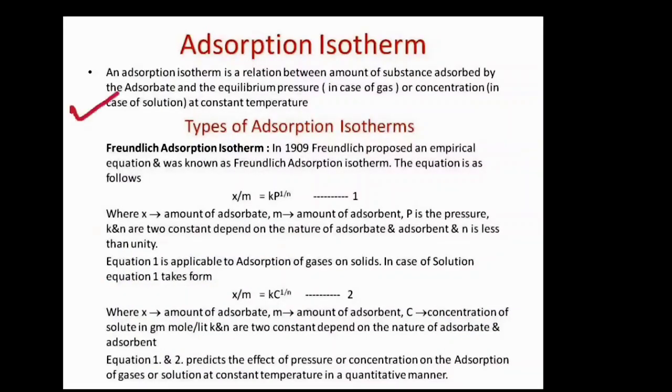An adsorption isotherm is a relationship between the amount of substance adsorbed by the adsorbent and the equilibrium pressure or concentration at constant temperature. Now let us discuss various adsorption isotherms. The first adsorption isotherm is the Freundlich adsorption isotherm. This adsorption isotherm was proposed by Freundlich in 1909,